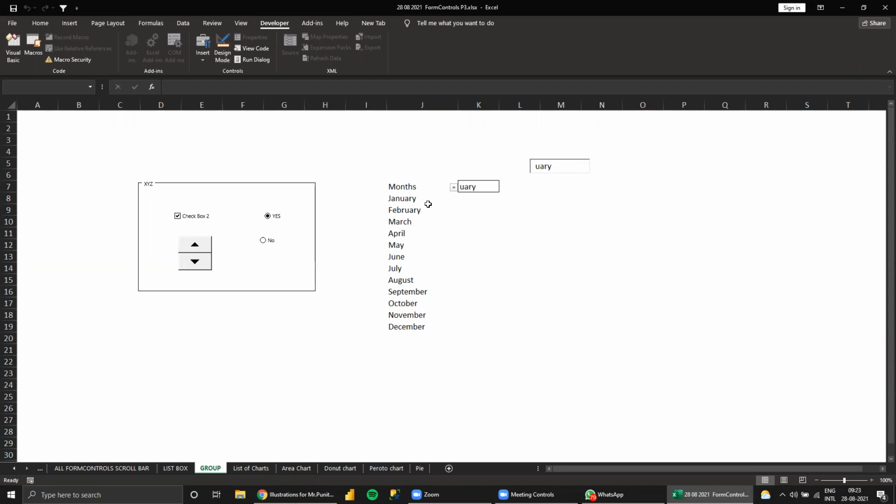Whatever contains UARY should be displayed here. For this, we need to use this control. It is very complex, but this is very useful for reporting purposes. This is a bonus for you. It is changing before going to, we are doing this. Okay, no problem.